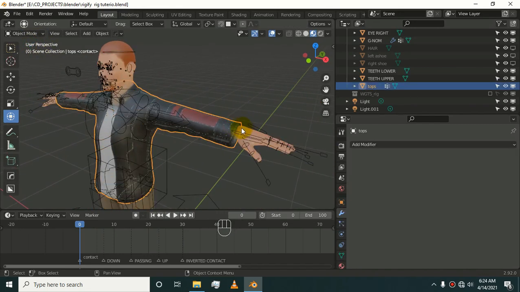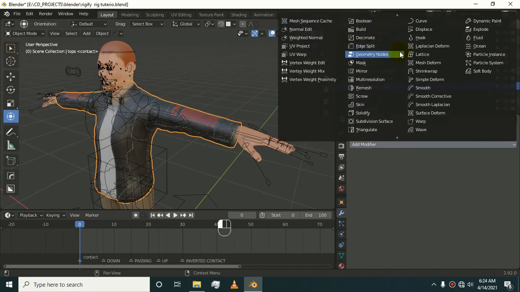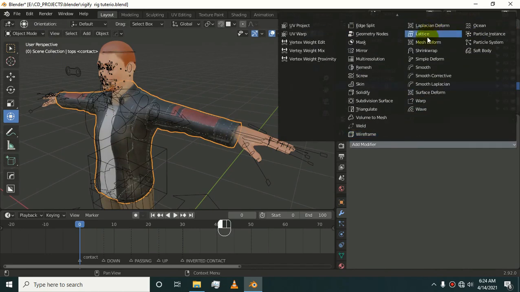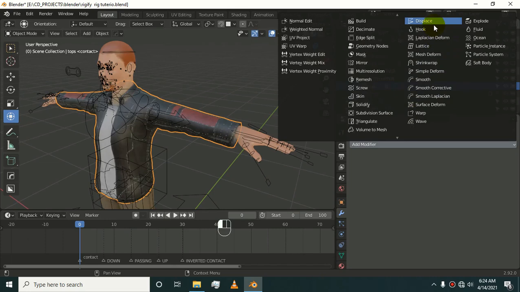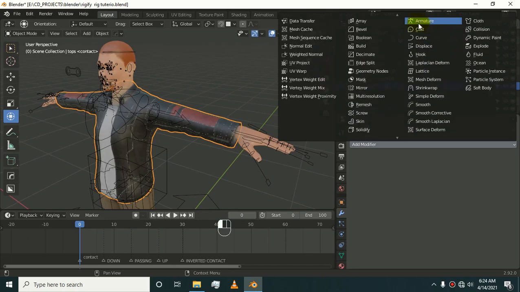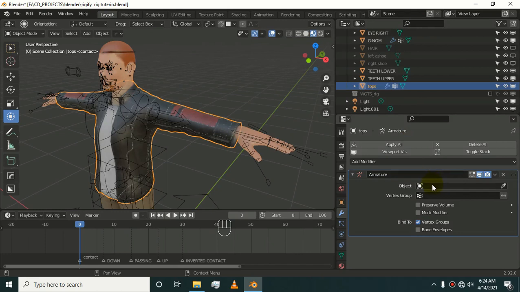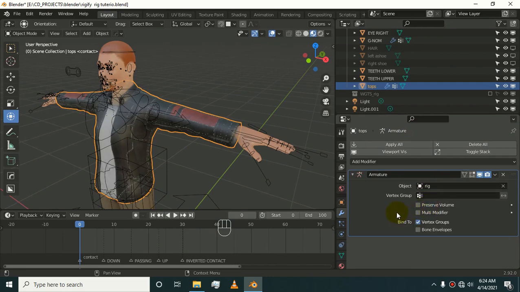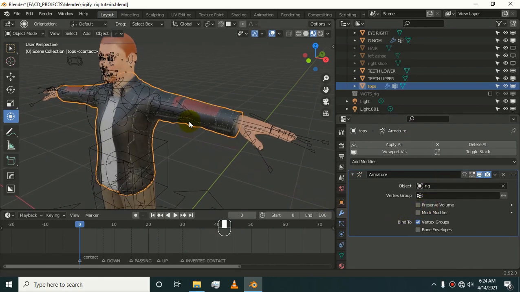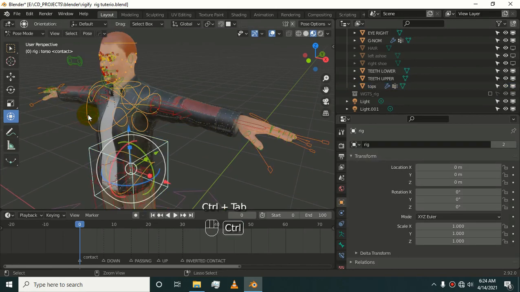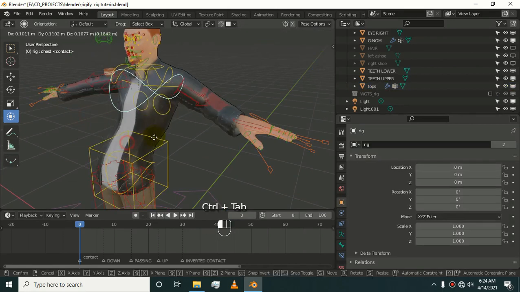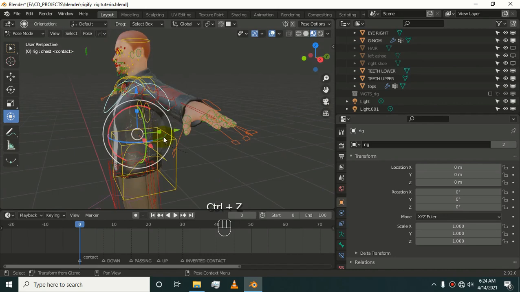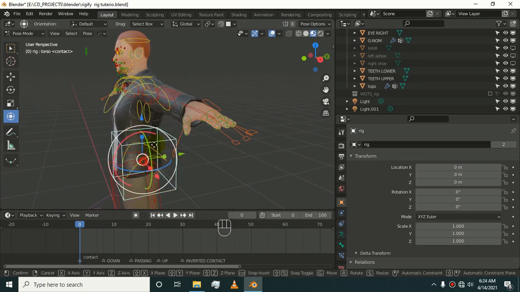To solve this problem, we have to add an armature modifier to our shirt, and then select our rig. Now if we go, it will move as we wanted.